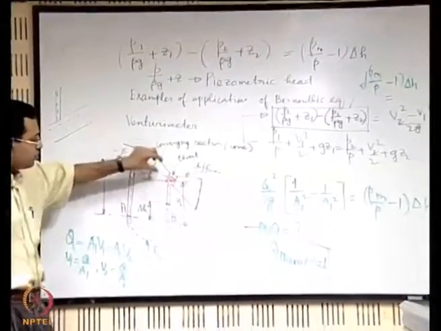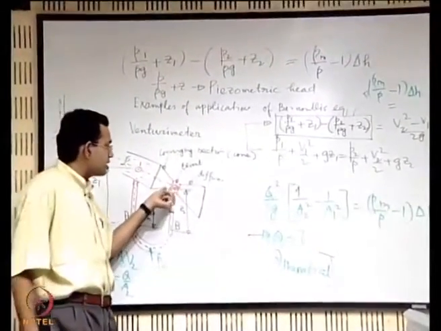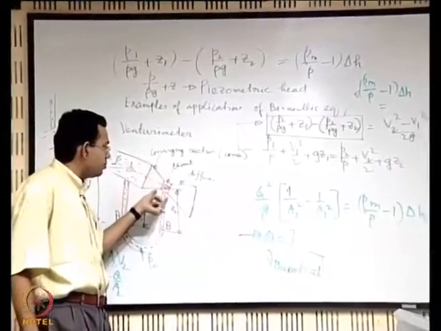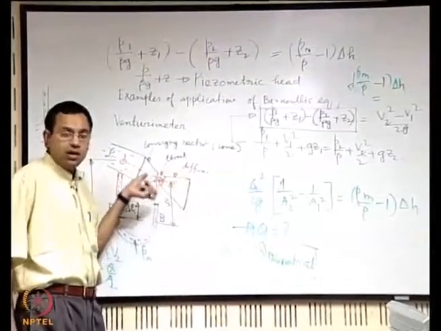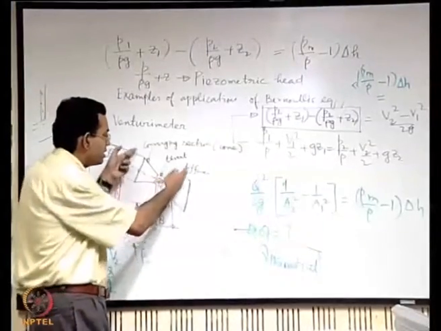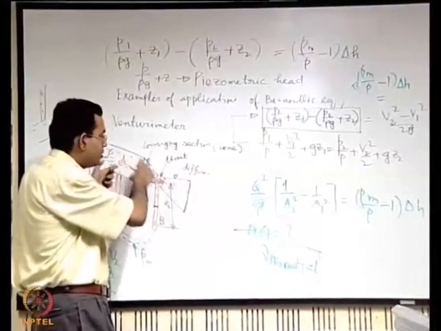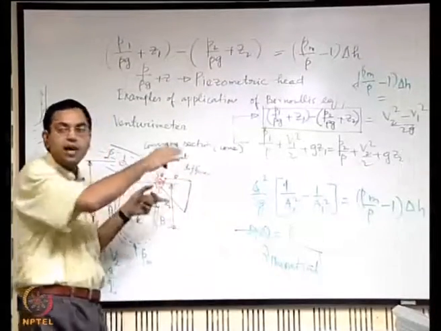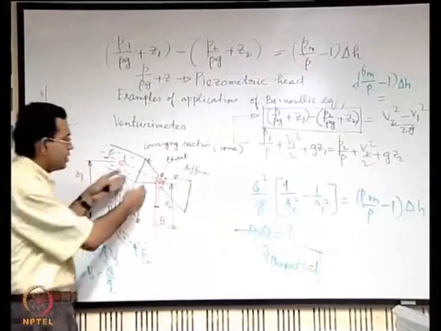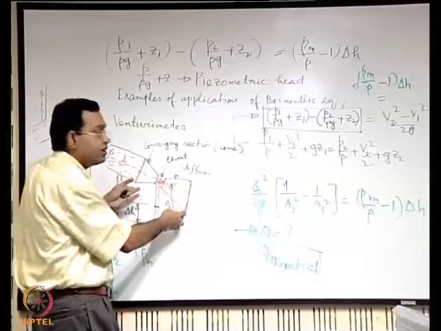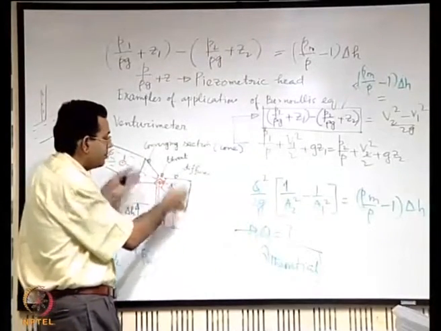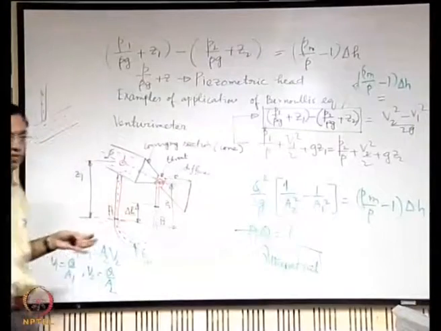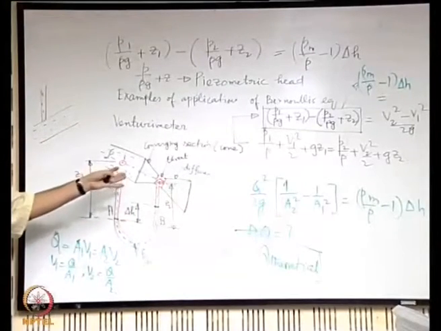Then you have a throat, where the area of cross section of the entire arrangement is a minimum, and then a diverging section. The purpose is obvious: this part has to fit with the pipe. So if you have reduced the cross section area, somehow you have to increase it so that it again matches with the pipe. So this black colored portion is like a fitting which is fitted with the pipe to measure the flow which is occurring through it.